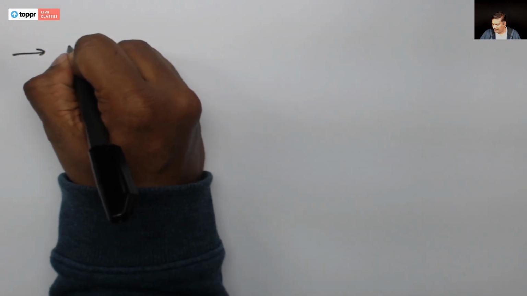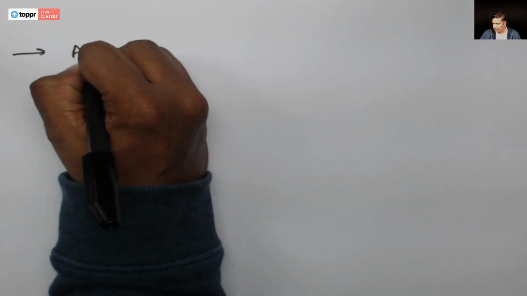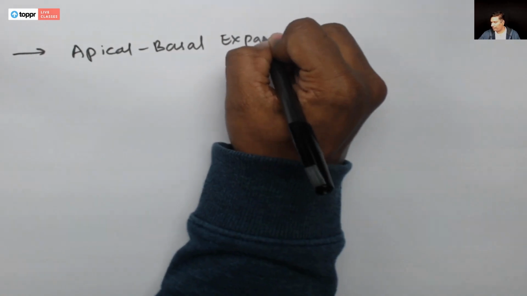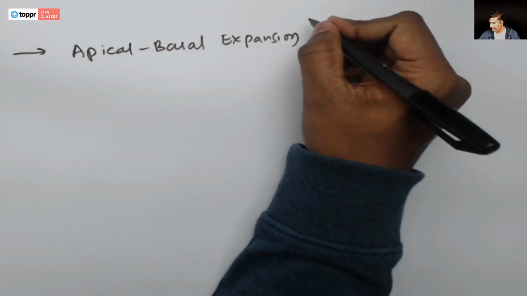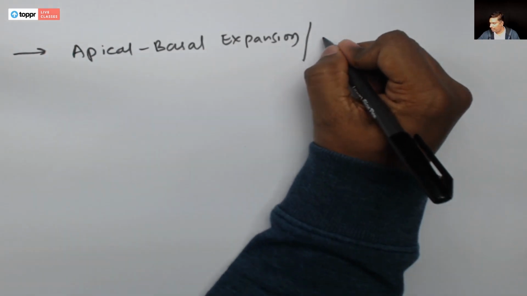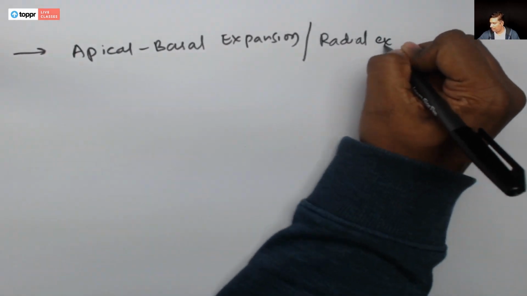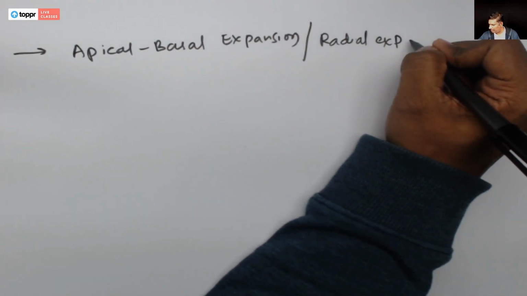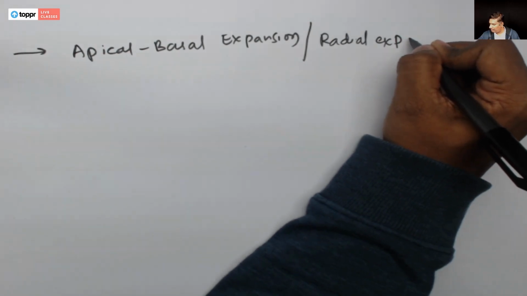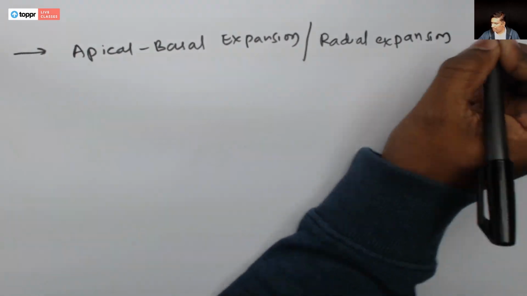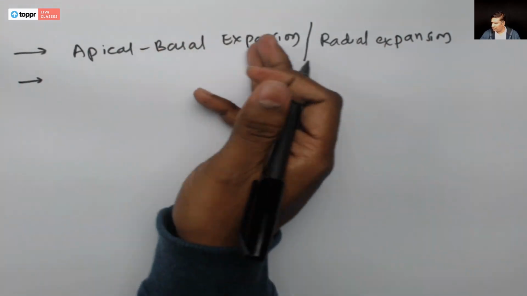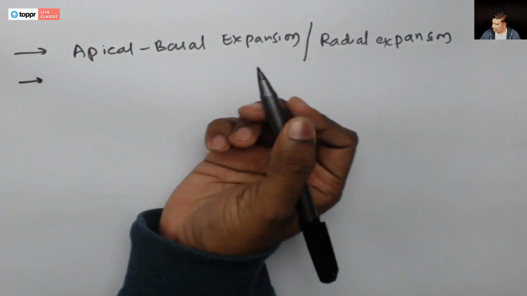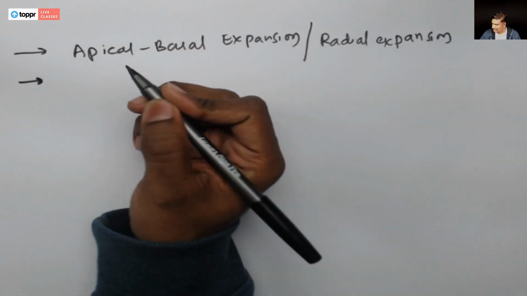So we'll start with how the cells actually help in the growth of the plant, that is apical, basal expansion, and this is the first thing that we'll discuss today, and radial expansion, as a continuation to the topic that we discussed previously, that's the arithmetic and geometric growth. Right? This is going to be a small topic which is left from yesterday, and once we are done with this, we'll move on to the next aspect, which is